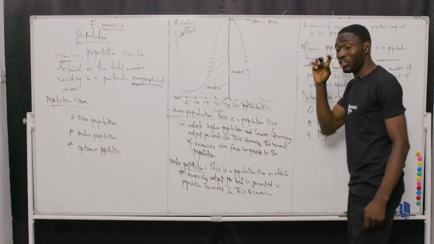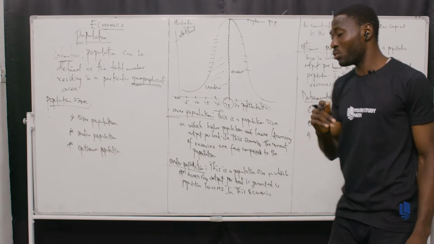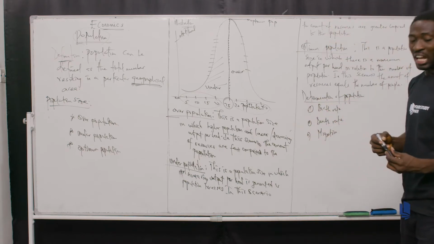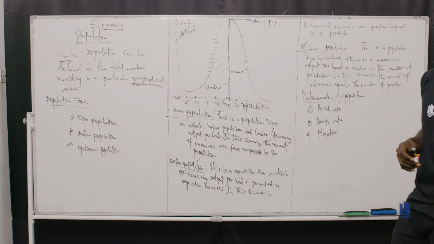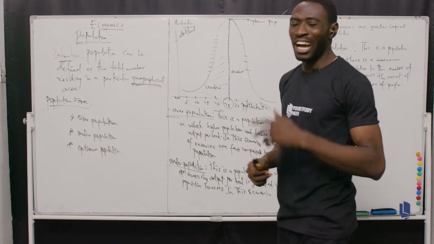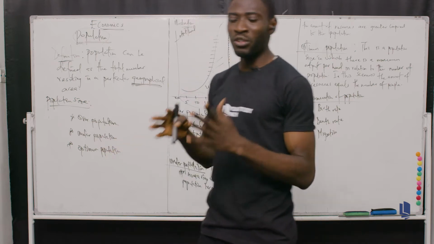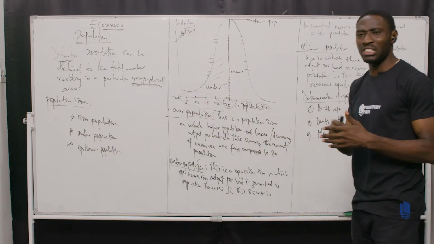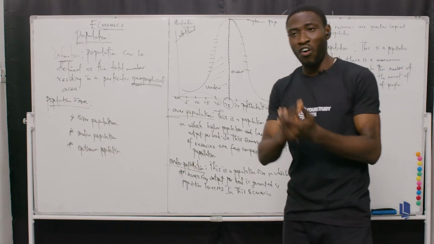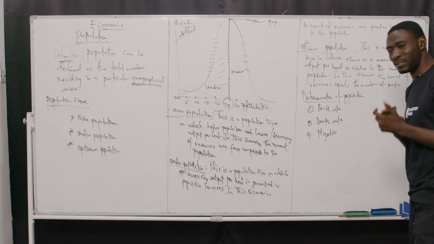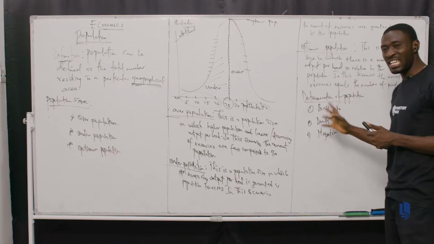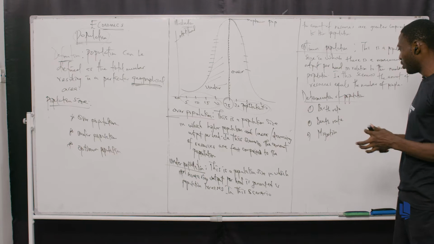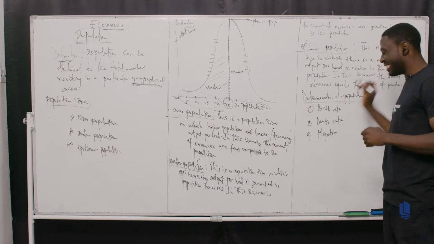Now, these are not all, but these are the key determination factors. Because you can have other factors like marriage, religious practices, even level of education. There are many things that can determine the number of population. But the 3 key factors that influence population: birth rate, death rate,